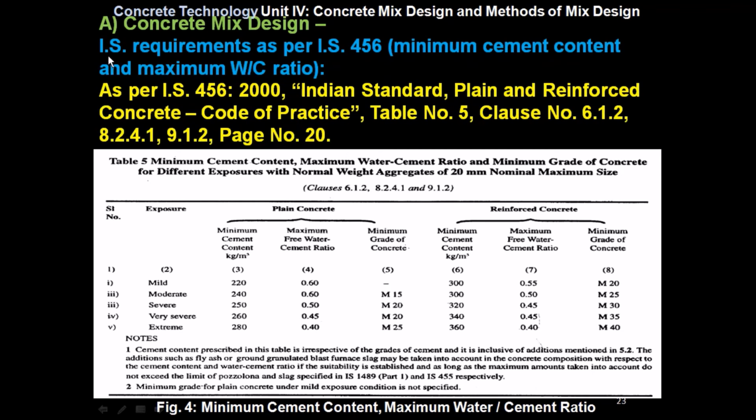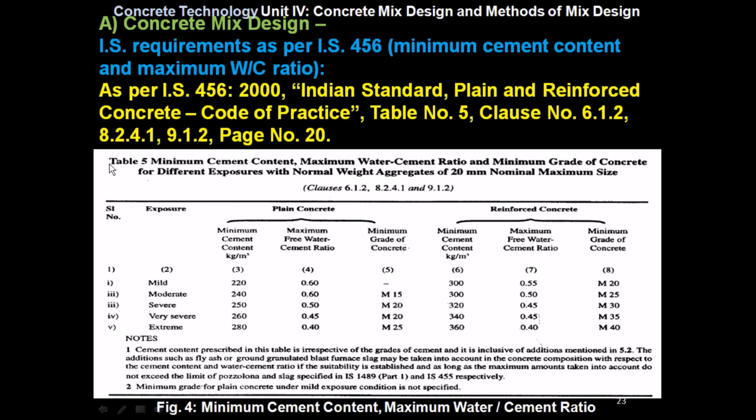IS requirement as per IS 456, minimum cement content and maximum water cement ratio. As per IS 456-2000 Indian Standard Plain and Reinforced Concrete Code of Practice, table number 5, clause number 6.1.2, 8.2.4.1, 9.1.2, page number 20.